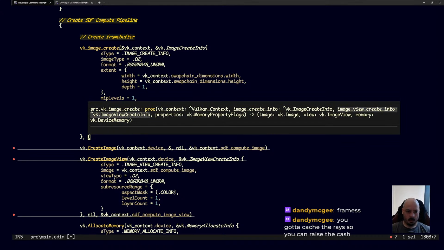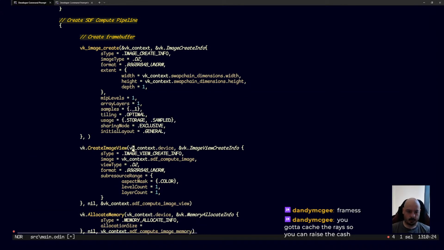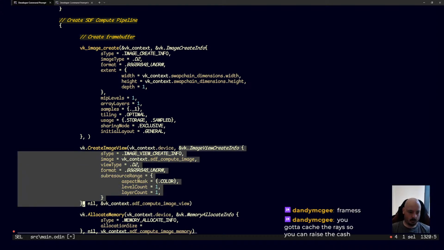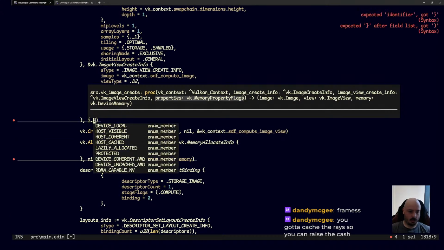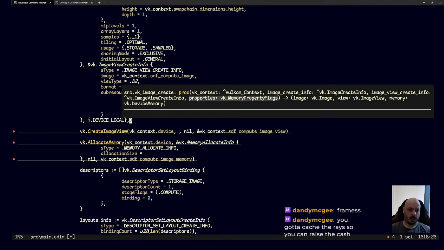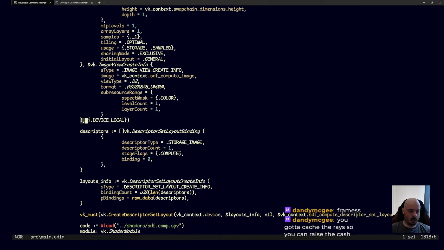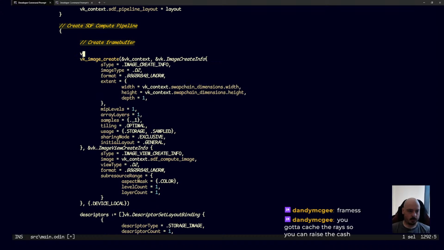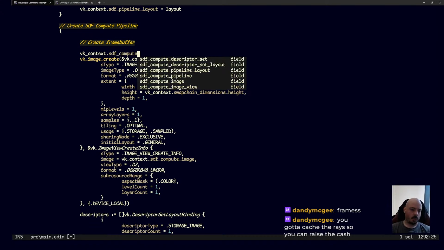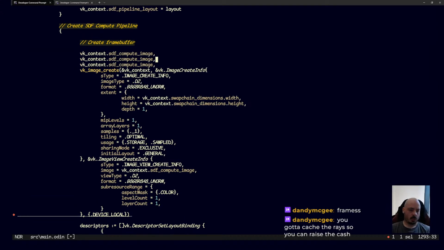Okay, and then image view create info, which is this. Okay, and then memory property flags. This is going to be device local, I think. Yeah, I don't think we need it on the CPU side. That's it. Okay, nice. And that's going to be assigned to image, image view, and image memory. So compute image view